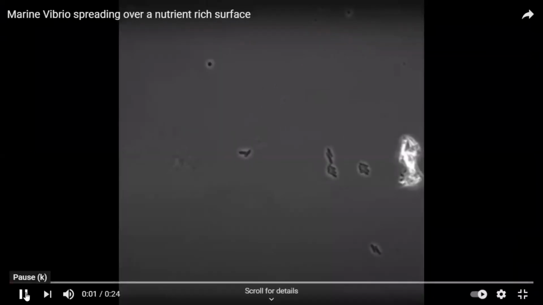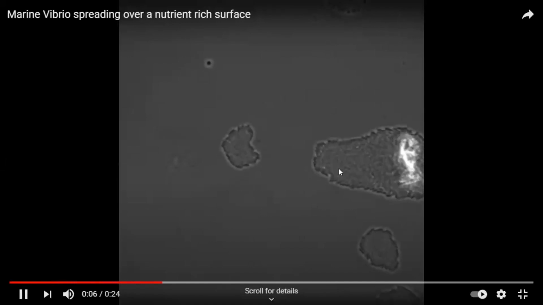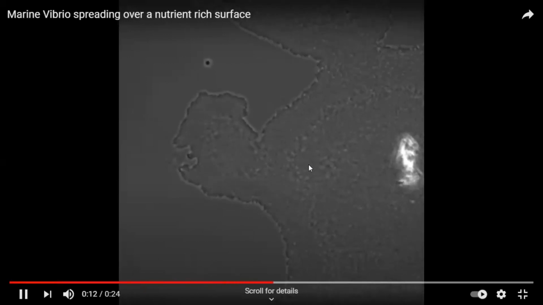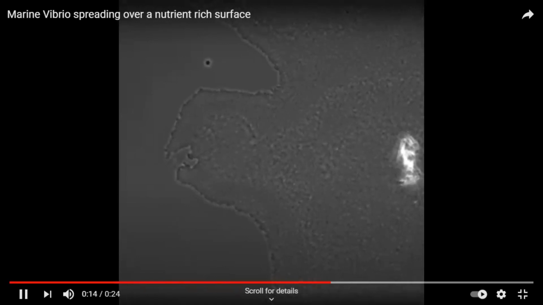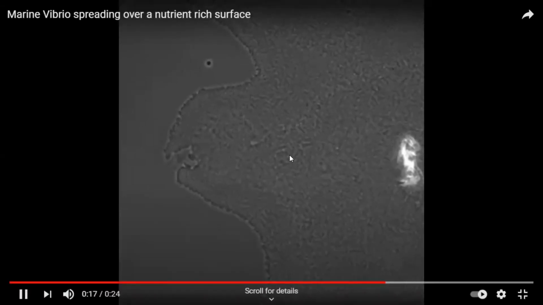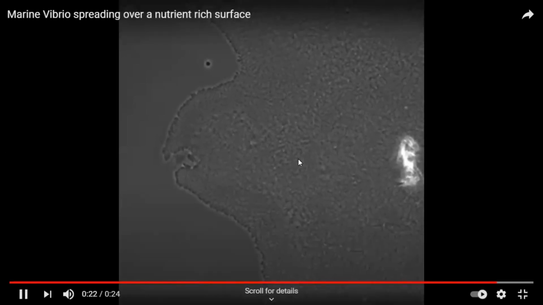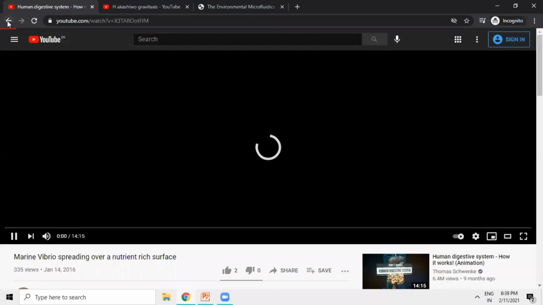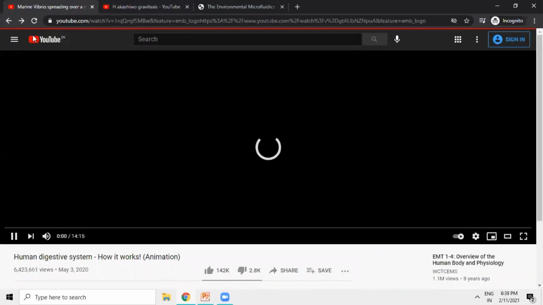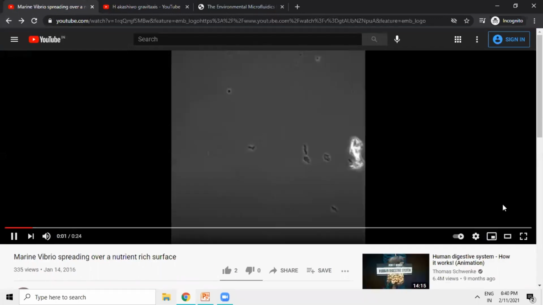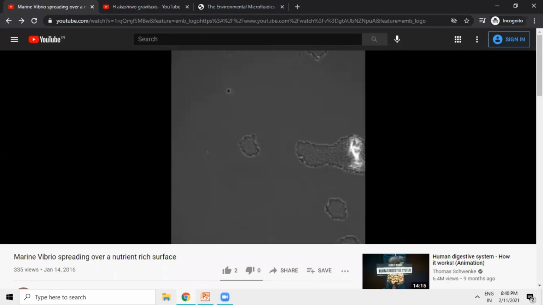Now you can see that there are bacteria which have been quickly growing on the surface, right? So this is a video of Vibrio, and you can see how quickly it is spreading on the nutrient rich surface. Or once again I will just show you. So you can see my screen, and you can see how the microbes are growing over the nutrient rich surface,